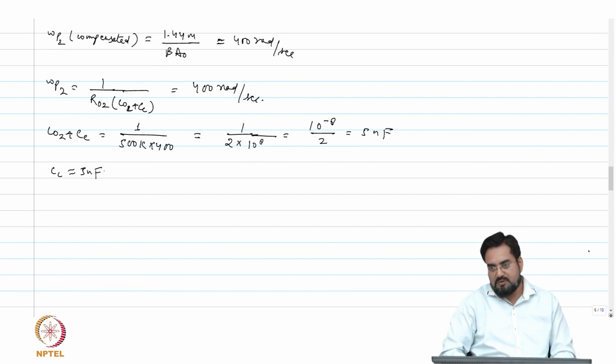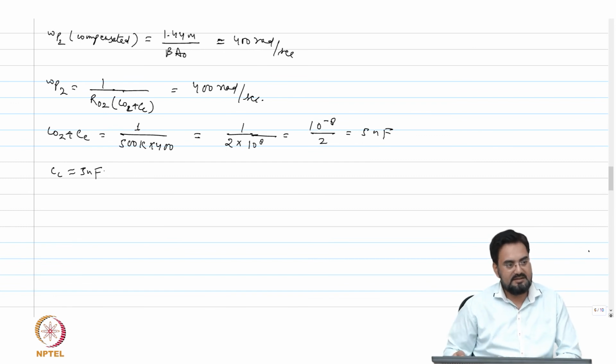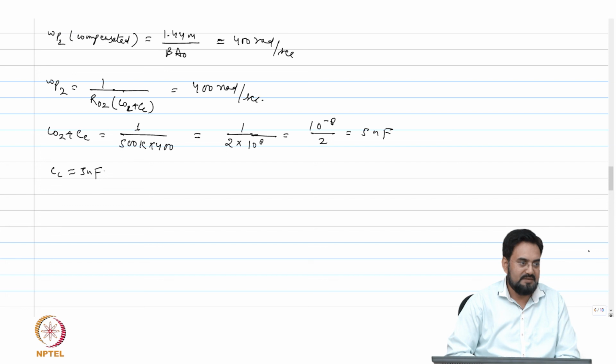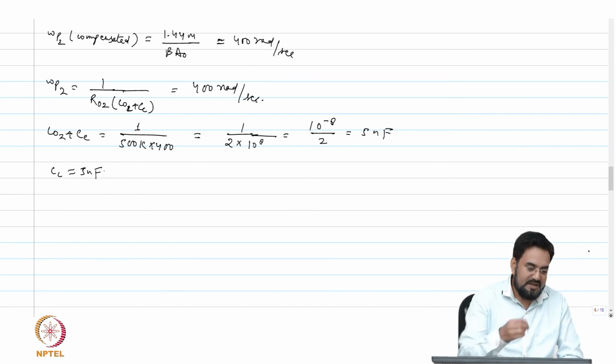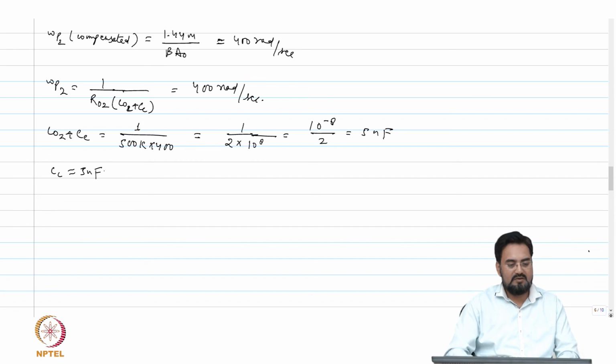Which means if you want to do the dominant pole compensation, you will again require a very large cap, whether you put it at the second stage or first stage. Obviously, at the second stage, it will require even larger, which is only possible with an external cap, on the order of microfarad. 5 nanofarad is possible to put on chip, but again, it will take a lot of area. So practically not feasible. We never put nanofarad-order caps on chip unless you are only designing the regulator chip. But most of these regulators are part of a bigger system, and you don't want to bloat the area just by increasing the size of your regulator.